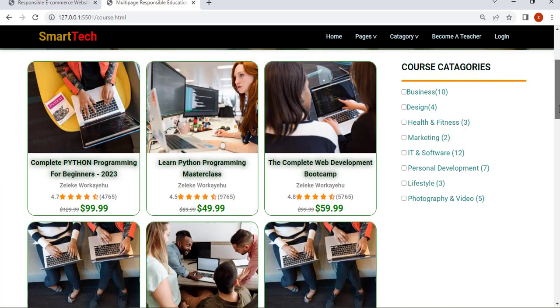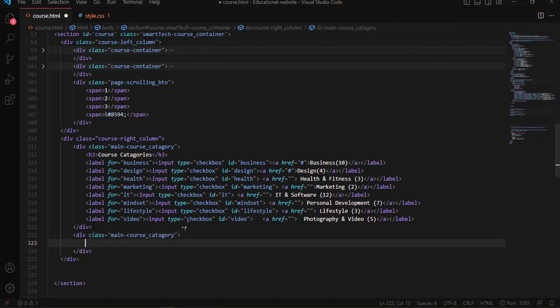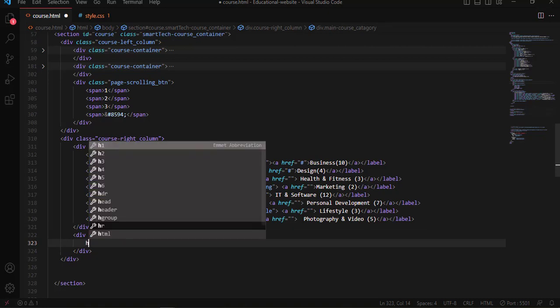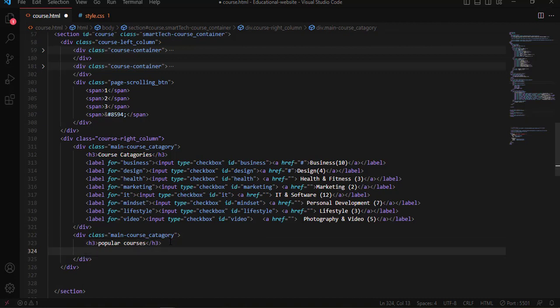Oh yeah, now we have just finished the first row. Now again we are going to create the second row, which is our popular courses. As always, let me create the div element having the same class name. In this case, we have main course category, right? So we have h3 element, popular courses, and then